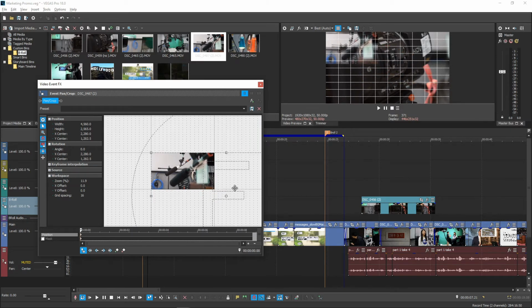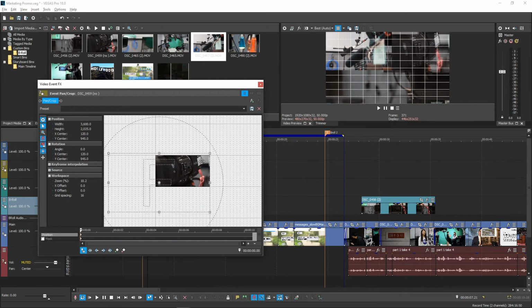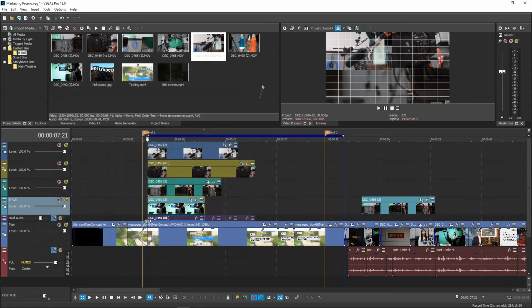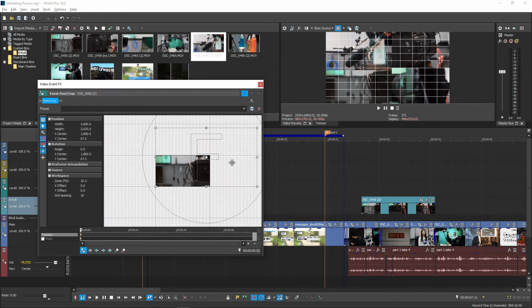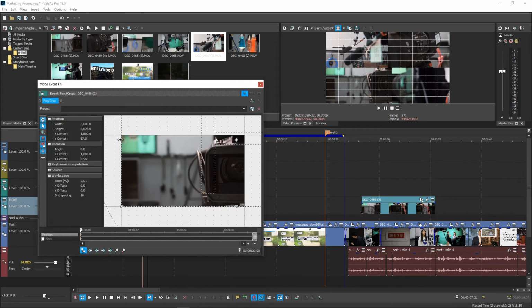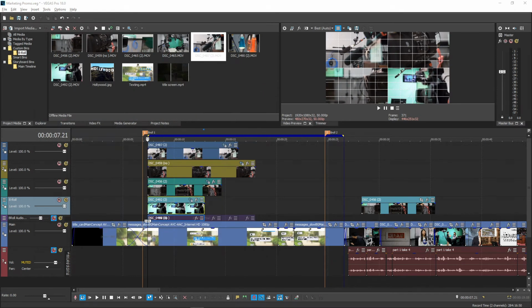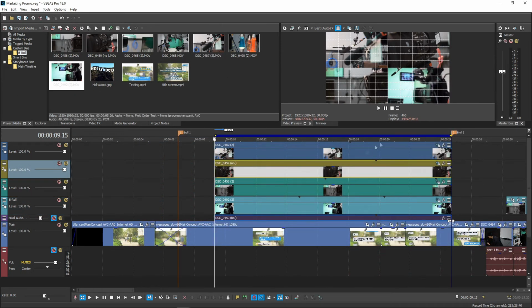We're gonna do this for all 4, moving them each into the top right corner, bottom left, and finally, bottom right. Use the grid to be precise and make sure there are no gaps showing in between or on the edges. So, now we have created this collage frame, which showcases lots of B-roll shots at once.